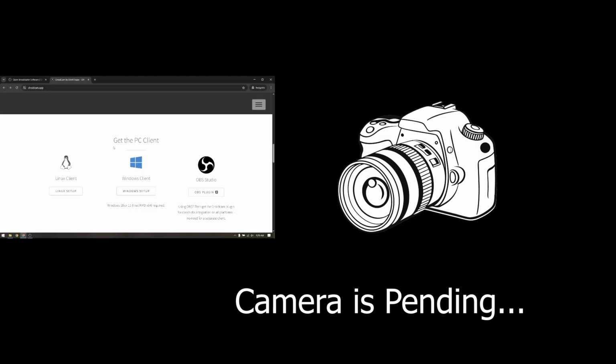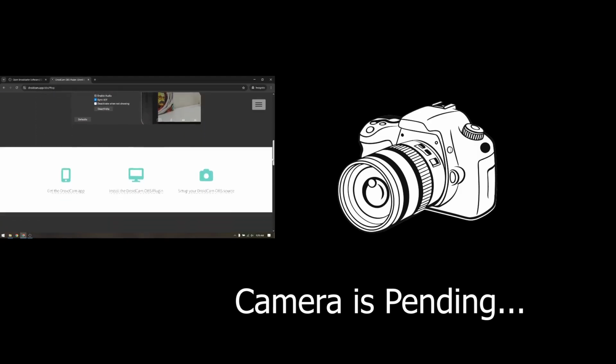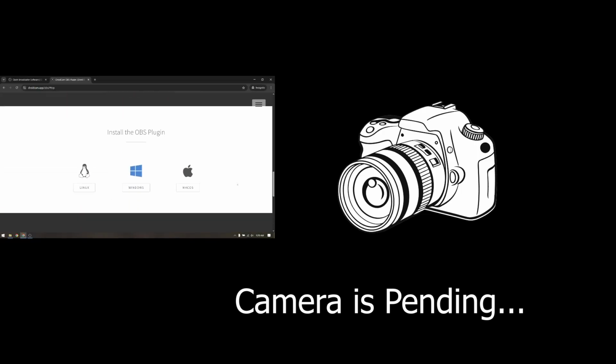You can download a separate client app, and you can also download the direct OBS plugin for DroidCam. Here I am going to install the direct plugin because this is working 100% without green screen. Sometimes the client app is getting green screen. Therefore click OBS direct plugin, and you can simply download this for your operating system.